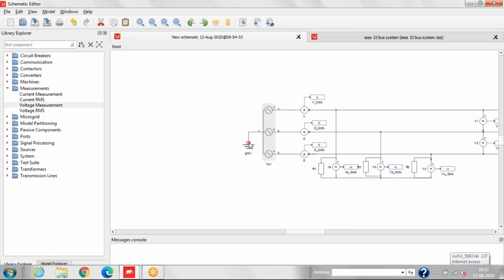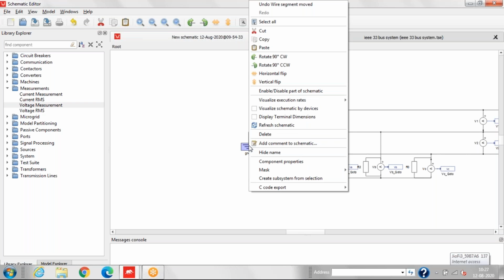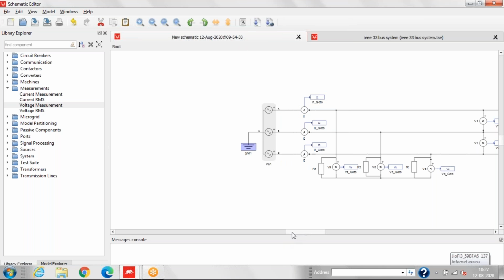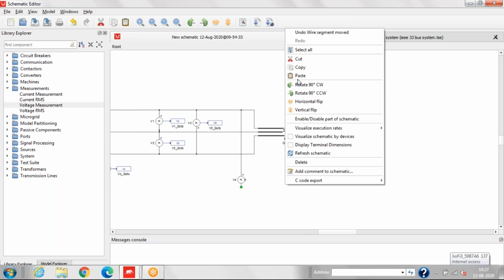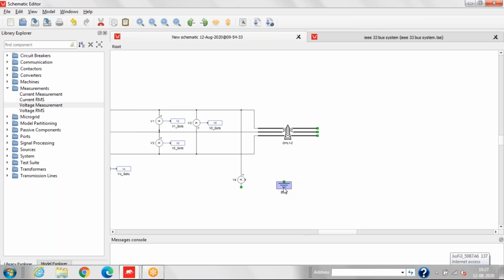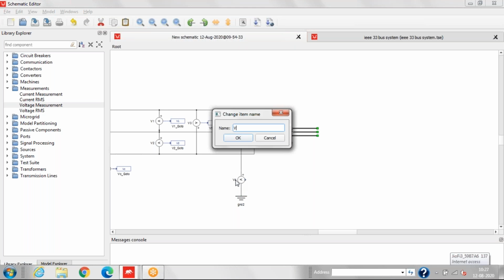So for that we'll copy this ground. You can copy with Control C, or right click, or use this copy widget, and similarly paste using this. Now we'll connect it. So now we'll change the name. This is V1 reference.